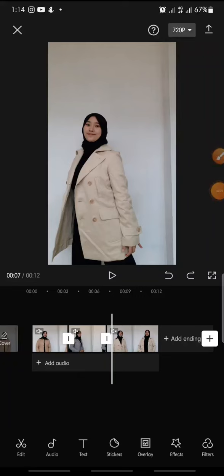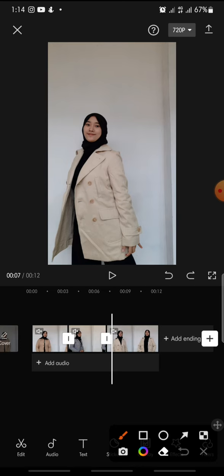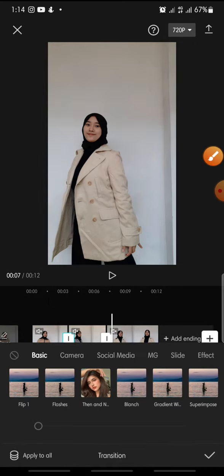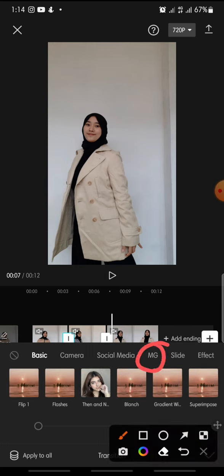In this video, I'm going to show you how to add dot strike transition on Capcut apps. Now let's get started. First, after you open your Capcut apps and add the video that you wanted to edit, if you wanna add dot strike transition effect, you just click on a box white icon, this one, click on it. And after this, you can click on the MG